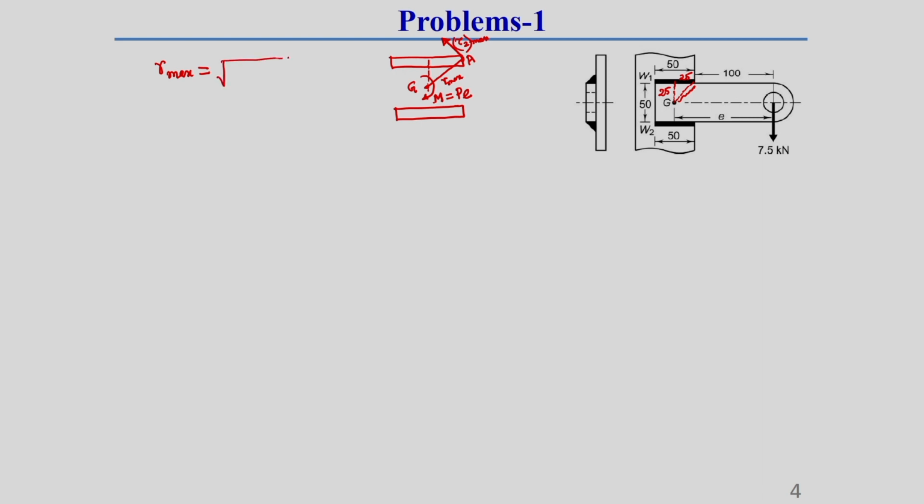So, r max will be your 25 square plus 25 square, correct. So, this will give us a value of r max equal to 35.36